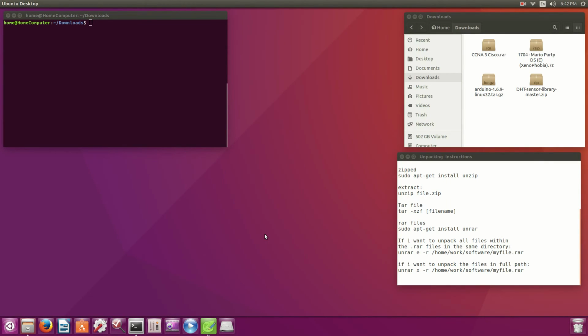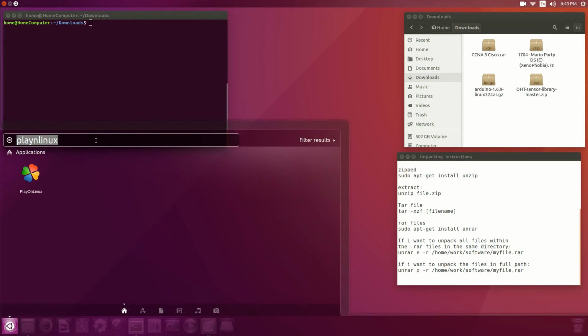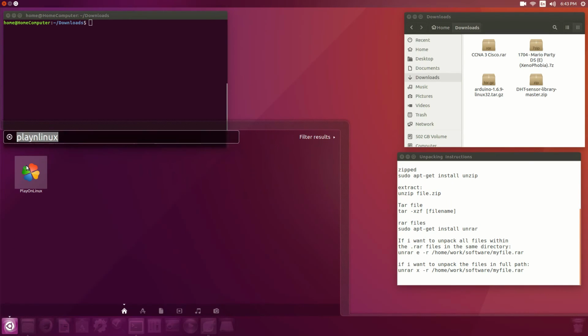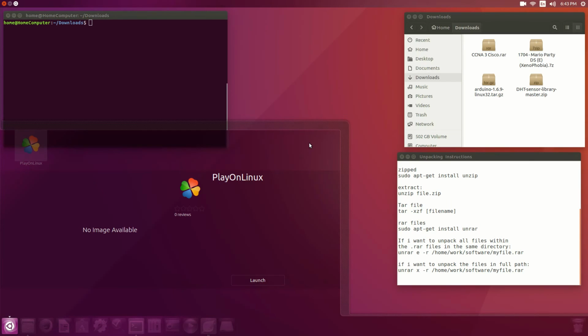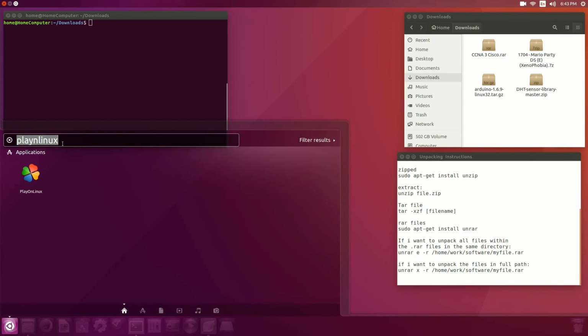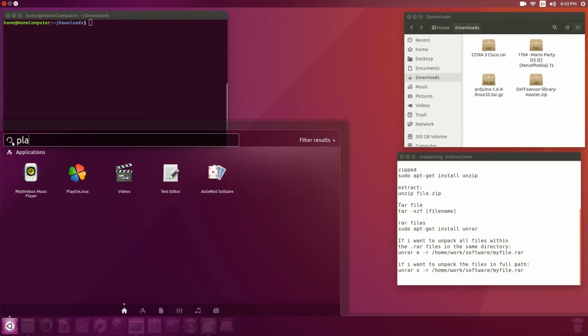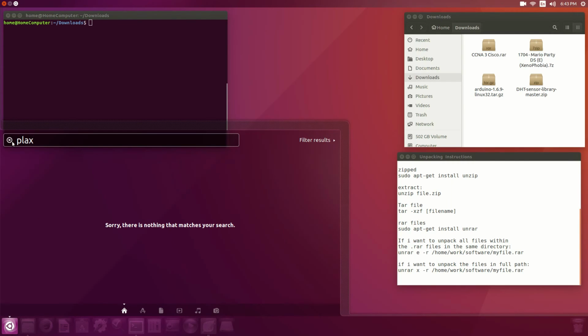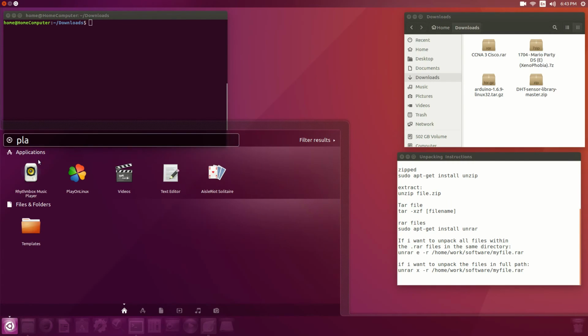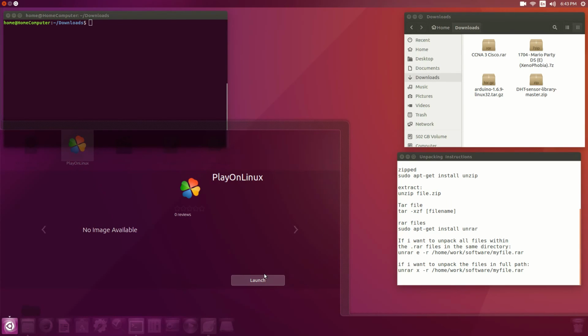Hey guys, all right, so we're back, and Wine was installed and the installation was finished. To show you here that it's installed, one thing at a time. Wine, all right, here it is, shows that it is installed. And PlayOnLinux, which we also did install. Here it is as well, and what I want to do is